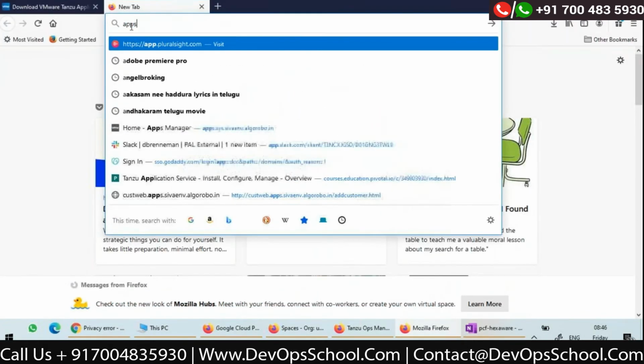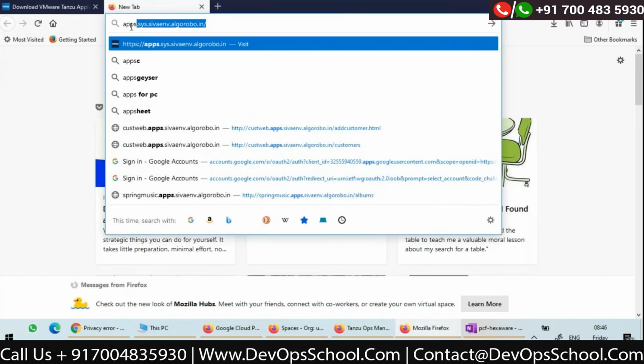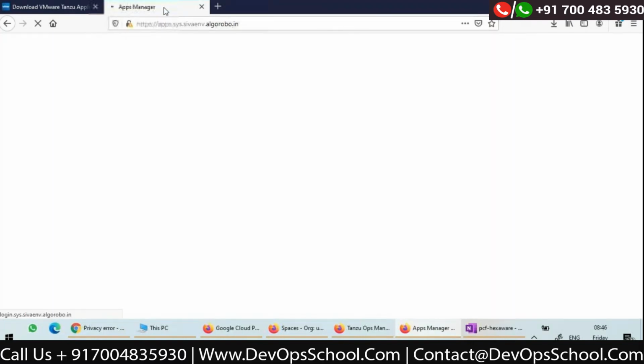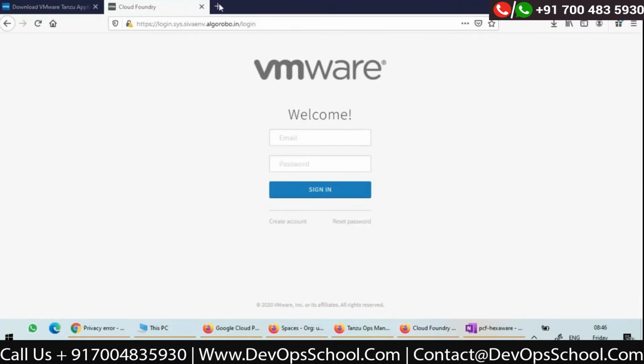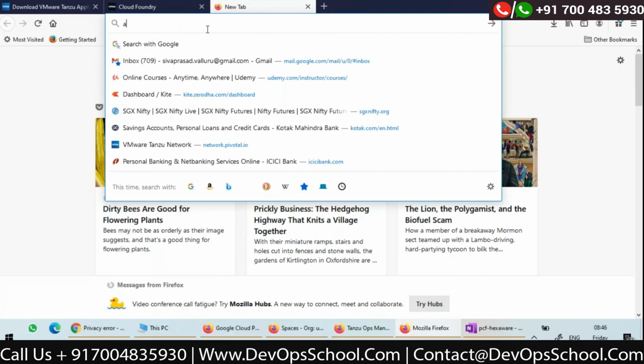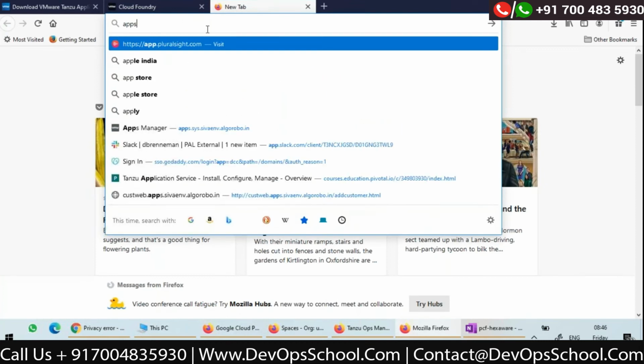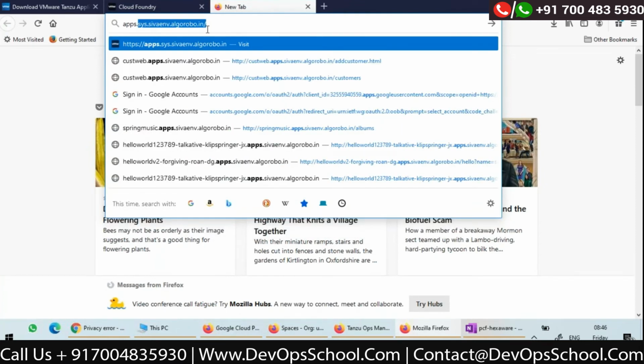Yes, apps.sys.siva-env. This is my URL. It automatically redirected to the login page. I have to log in, right? So this is my Apps Manager UI. What is the URL? apps.sys. This is the URL.